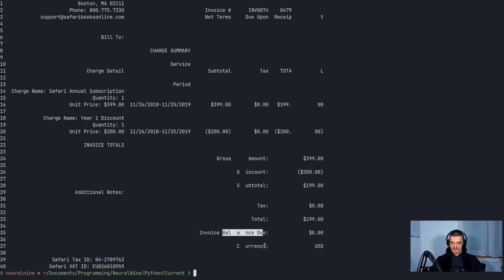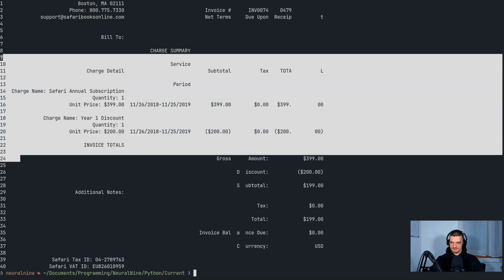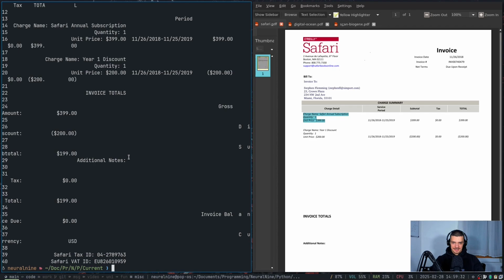Now we do have some formatting issues here. It's not exactly the same as before. But you can see it just basically extracts line by line here. It is decent. It's definitely better than what we had before. Let's see if it also works with the other